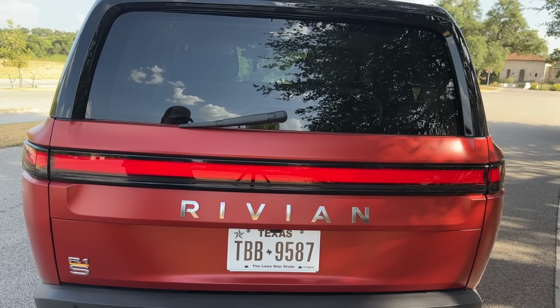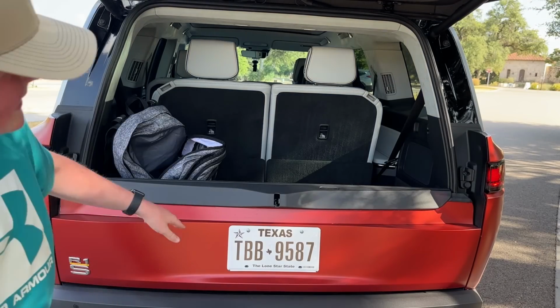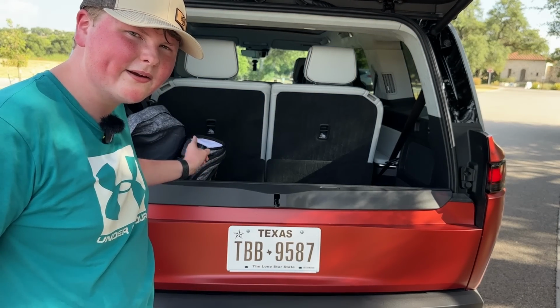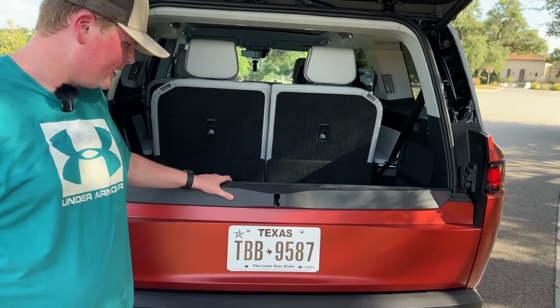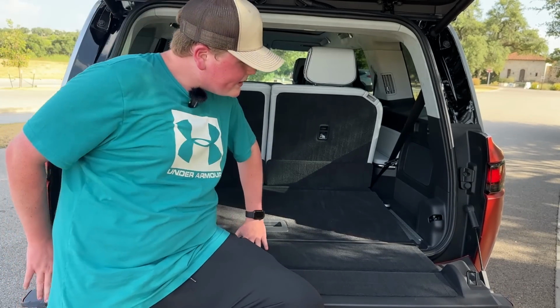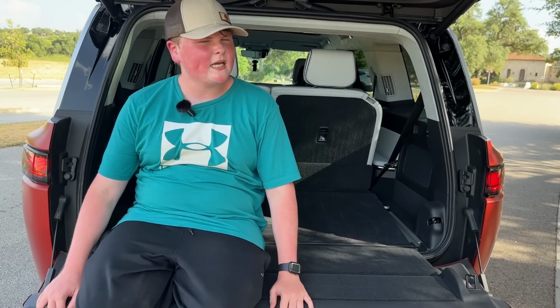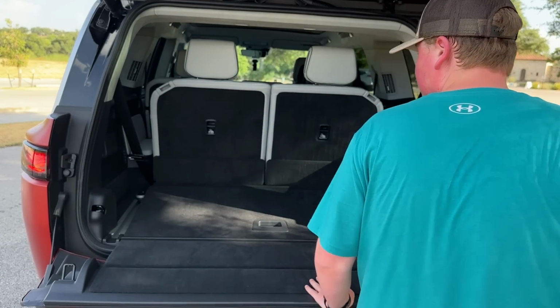To pop the trunk open, just press this little button, and it electronically opens up. You may realize that my backpack is back here, and it shouldn't be. What I actually wanted you to realize is that there's still this tailgate here. That's weird. Press this button, it drops down, and you can sit on it if you want to have a picnic in your Rivian or something like that. I don't know. I don't know what people do with cars these days. In the back,